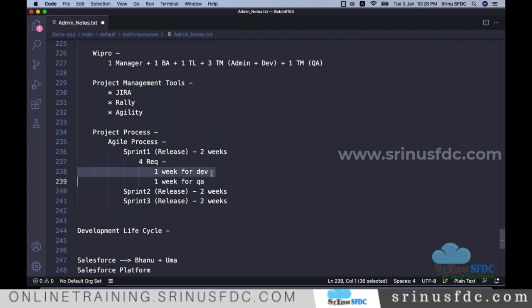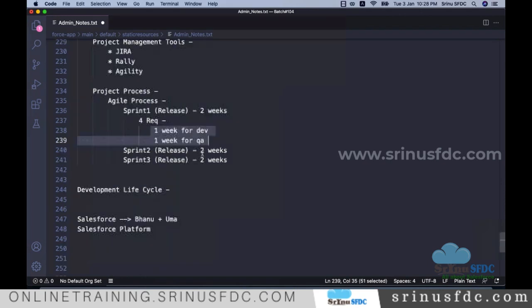This QA guy, maybe in the first week, will write some test cases, right? He will plan how to test, like log into Salesforce, click on a tab, something like that. He prepares test cases. In the second week, he will do the testing. So both work all 2 weeks. Okay, and once it's done,